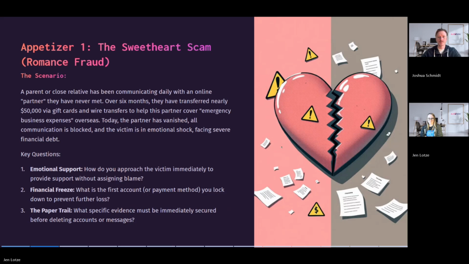I wish I could say that these things don't happen, but just within the last month, I've talked to two different people. One person whose parent did this actually lost their house and all their retirement. It's catastrophic. Someone else I know had a real relationship, but instead of transferring money, they gave them the logins and passwords to their accounts. In both of those scenarios, the people have not gotten that money back. We'll talk through that as we move forward.